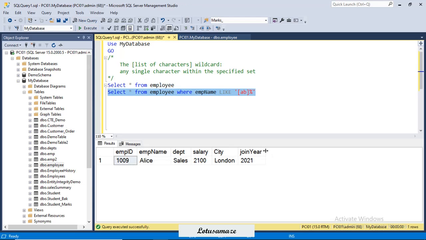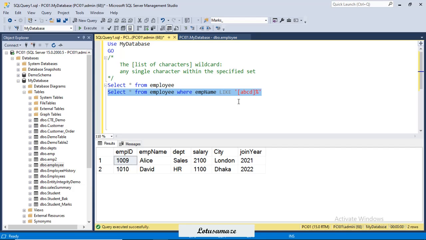All the names that start with the A character or B character. If I try C, still one record, and if I try D, now I also get David, 2 records, Alice and David.